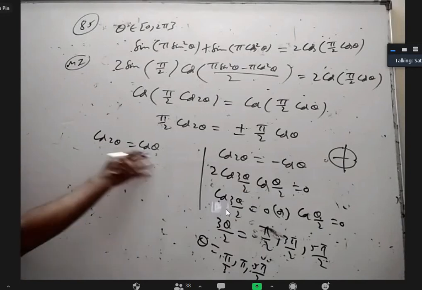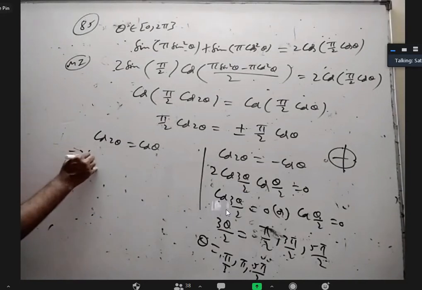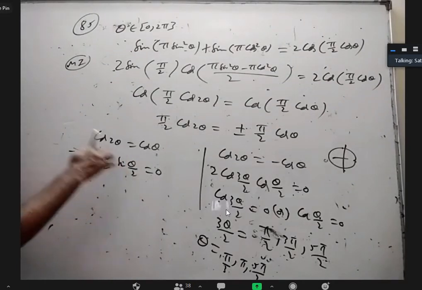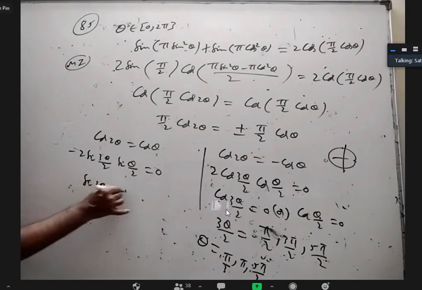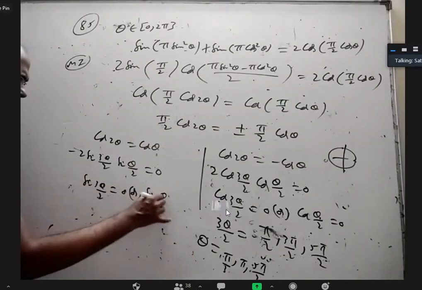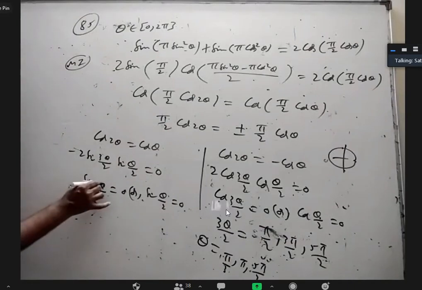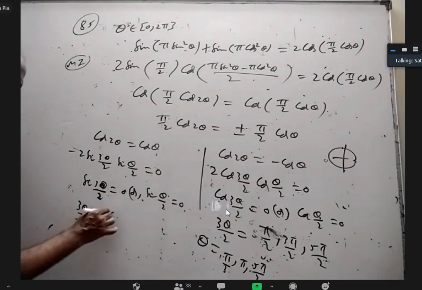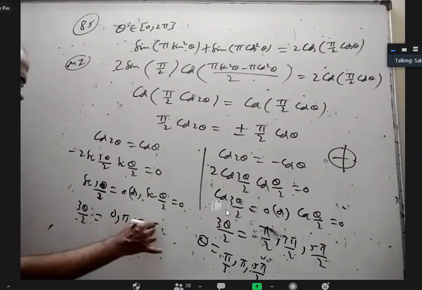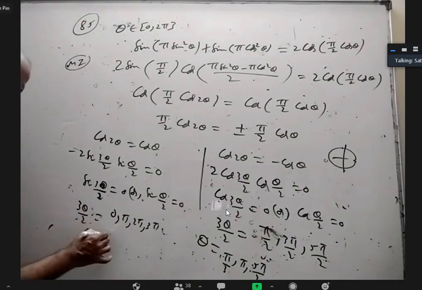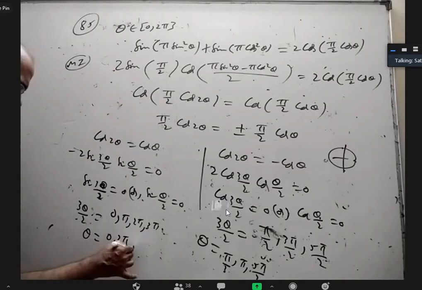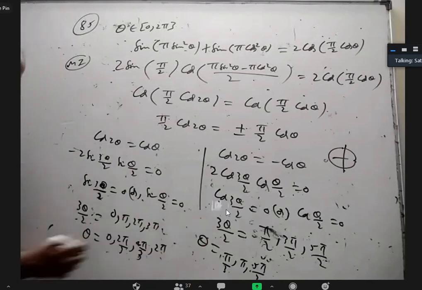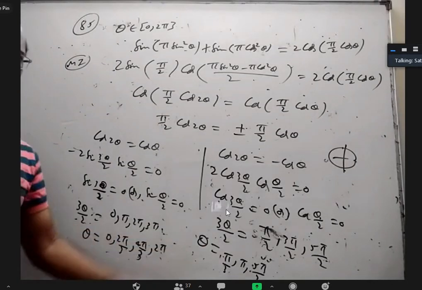Coming to this, if you apply transformations, you will get minus 2 sine 3 theta by 2 sine theta by 2 equal to 0. Again, whenever sine theta by 2 is 0, sine 3 theta by 2 is 0. So sine 3 theta by 2 equal to 0 or sine theta by 2 equal to 0. I don't have to check this. Only this I have to check. 3 theta by 2, again between 0 to 3 pi, closed interval, it can be 0, pi, 2 pi, 3 pi. Corresponding theta is 0, 2 pi by 3, 4 pi by 3, and 2 pi. Any values are same? No, all are different. So I got 4 here, 3 here, total 7 values.